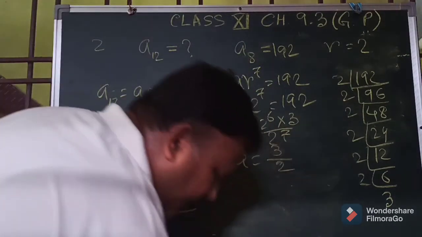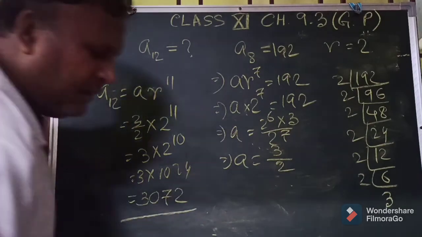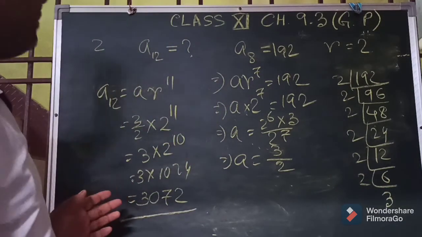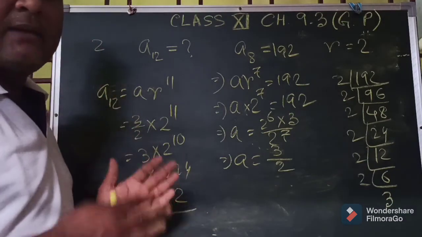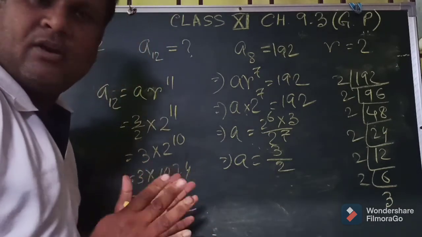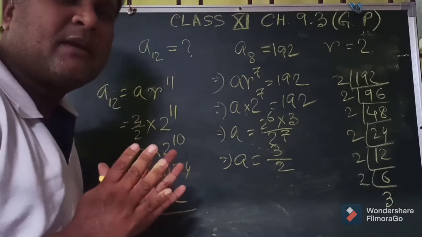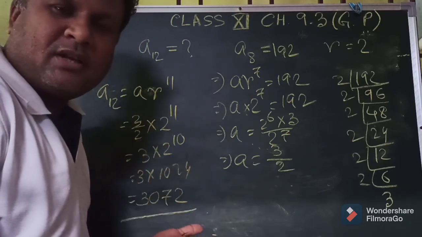Then question number 3 and 4, the same way it is given, it is a little bit different. So before going to 3 and 4, you have to understand question number 1 and 2 and the basic ideas of what is called GP. So I think you have understood what is the meaning of GP.